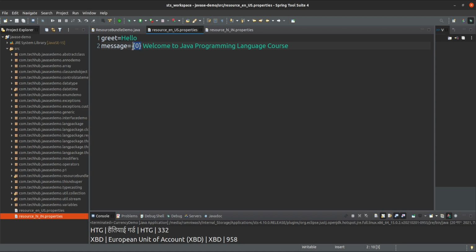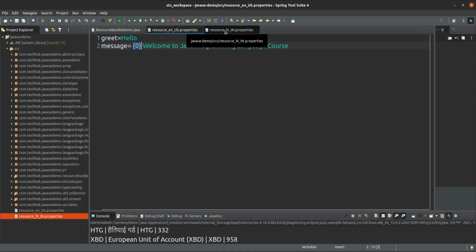Suppose here I give my name, ABC, or some name like Harish, Rohit: welcome to Java programming language. So this is not a static value, that's why we are giving a positional parameter. Whatever value is not fixed for this label, you can give in the form of a positional param, so we have given the positional param for position 0.